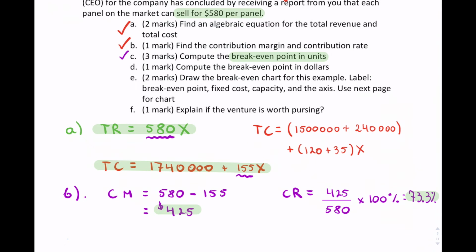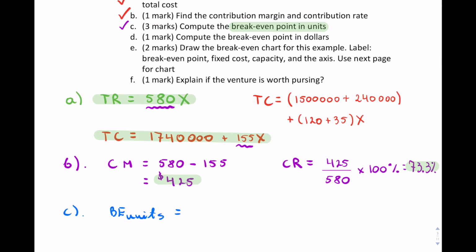So for this one, part C, break-even in units. We can either equate total revenue to total cost and solve for X, or we can just use the formula, which is fixed costs divided by our contribution margin, since we have that. So substituting this in and then dividing,